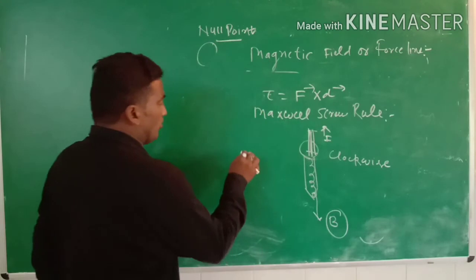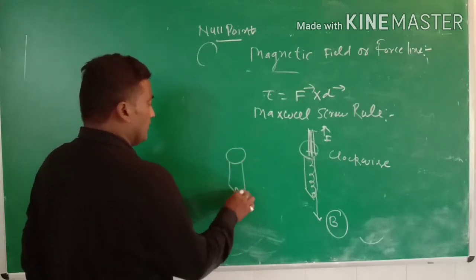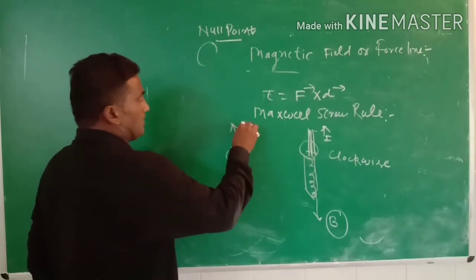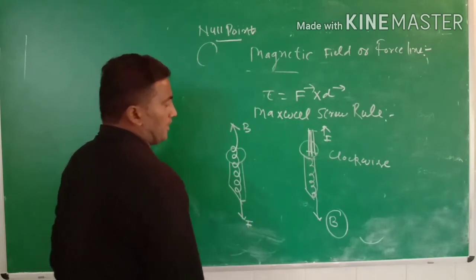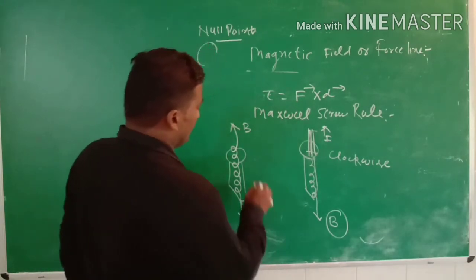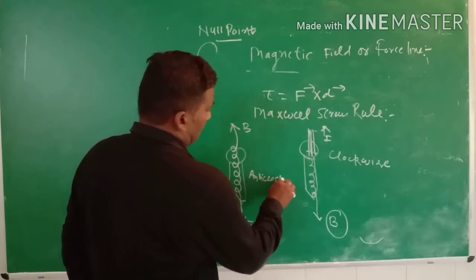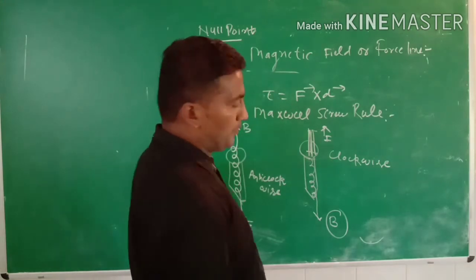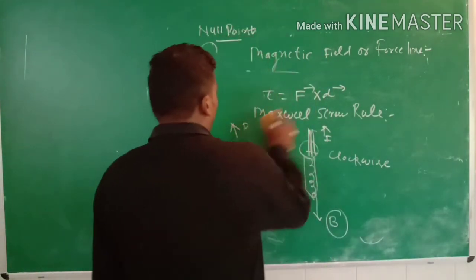If a screw is opened with the help of a screwdriver, we observe that the screw is going in the upward direction, that is the magnetic field, and the direction of current is inward for anti-clockwise. That was basically the fundamental property of the Maxwell screw rule. Now we discuss